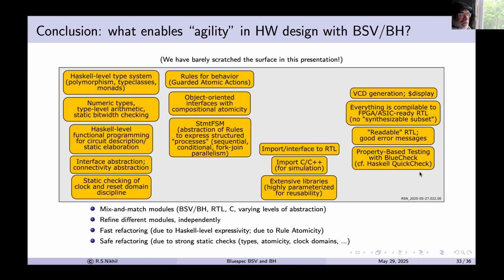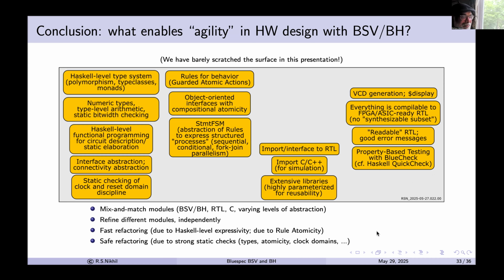And it tests a property on each run. When it finds a counter example on a property, it does shrinking. So you can then start shrinking the stimulus so that it tries to produce a minimal stimulus that exhibits the same failure, etc. So all of this is what we think contributes to what we think of as agile hardware